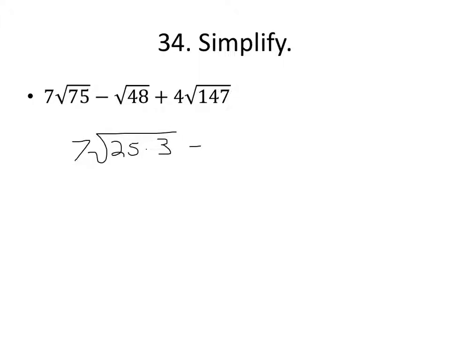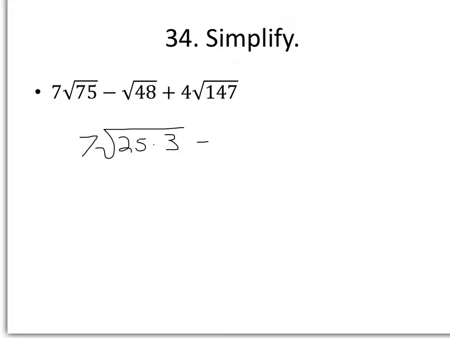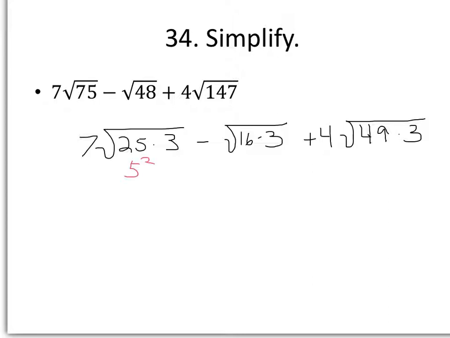48 is 16 times 3, and 16 is a perfect square. And then we have 147, and it turns out that 147 is 49 times 3, and 49 is the perfect square. So, since 25 is 5 squared, 16 is 4 squared, and 49 is 7 squared, we can pull out the